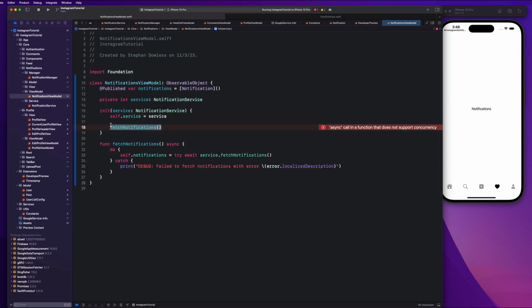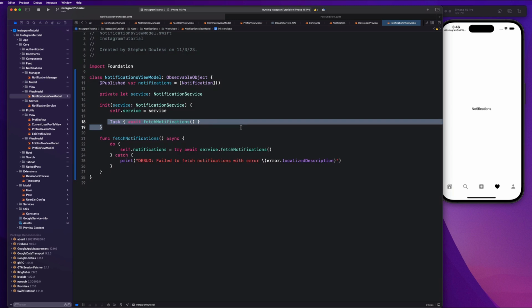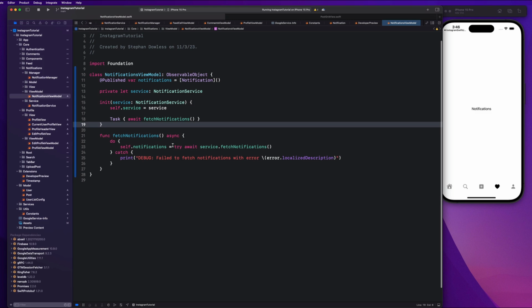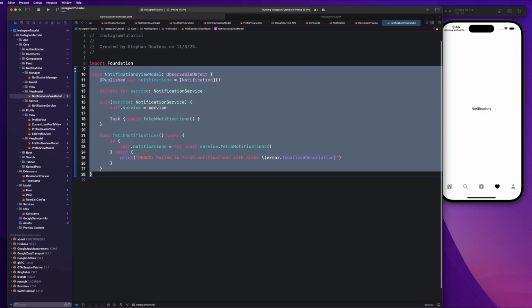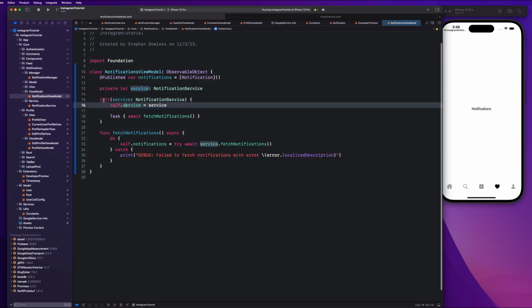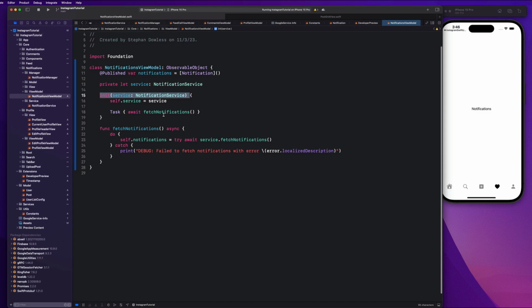We need to make this a task. Await fetch notifications. Boom. And I'll go over why we add this to the init as well. I know we talked about a different way of doing this with the task modifier. And I've done a lot of research into this stuff, guys, and I'm going to break this down in detail. But first, let's start off with why we are injecting this notifications view model with